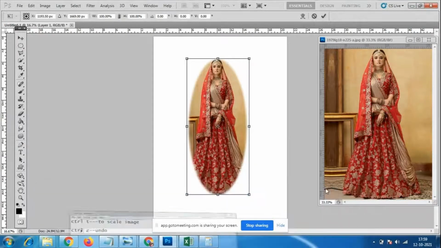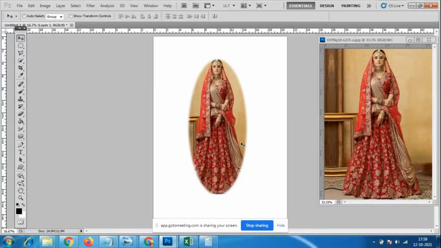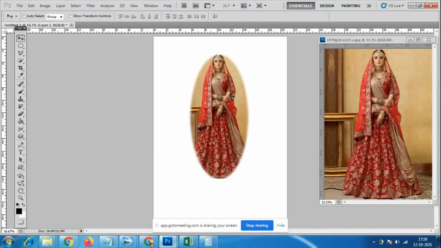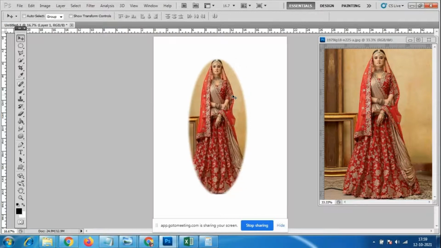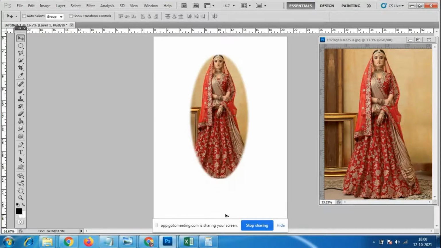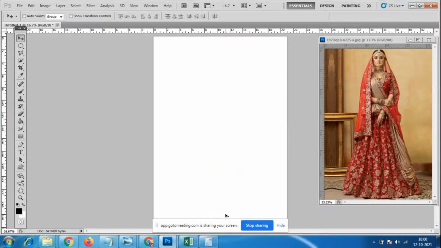And Control Z. So now we already did so many changes. Now I want to go back to the beginning, to whatever I had done. So Control Z. Control Z will only work one time. Okay, only one time it will work. So if I have to go backward many times, I have to press Control Alt Z. Control Alt Z. So it is completely gone now. So it went back to the last image.